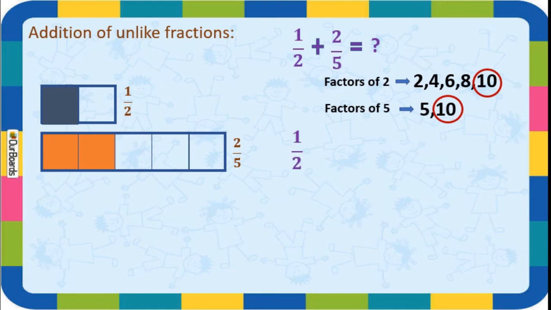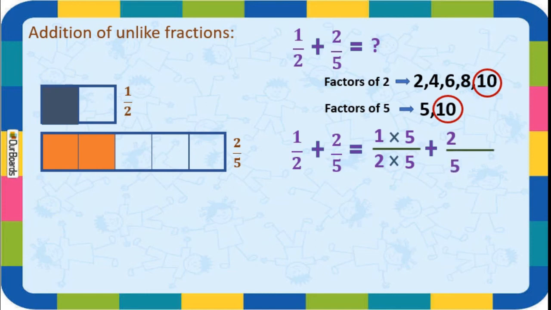Correct? Okay, we will write this 1 upon 2 plus 2 upon 5 is equal to, first we will take 1 upon 2. Okay. Now, see dear students, in the factors of 2, 2 5s are 10, isn't it? So, we will multiply both numerator and denominator by 5. Okay. Now, plus we will write. Now, I will take 2 upon 5. This is the second fraction.